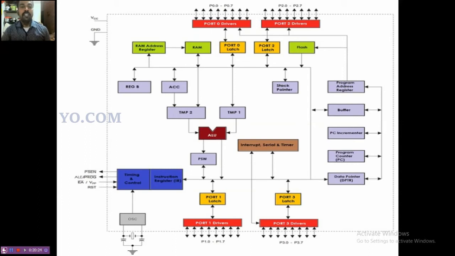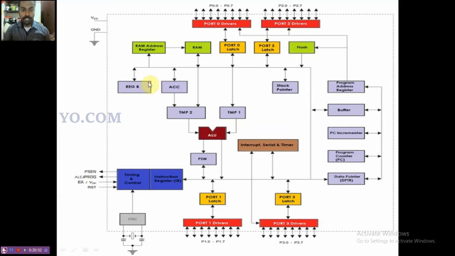The next thing is the memory. Here we have 128 bytes of RAM and 4 KB of ROM, and in some cases they use flash memory, which is used to store the program code very easily.